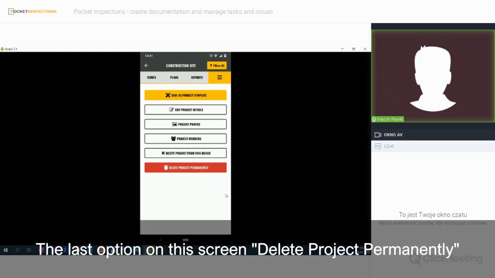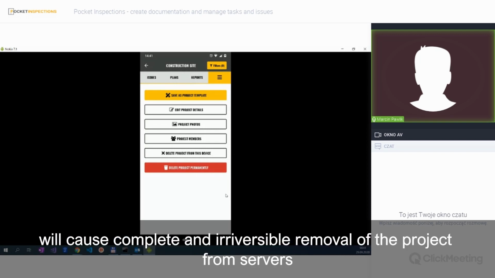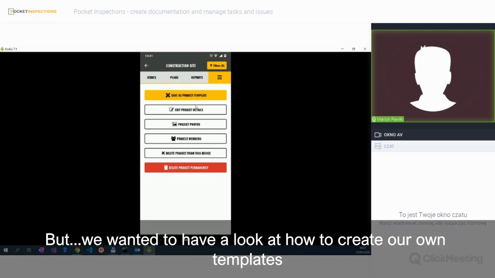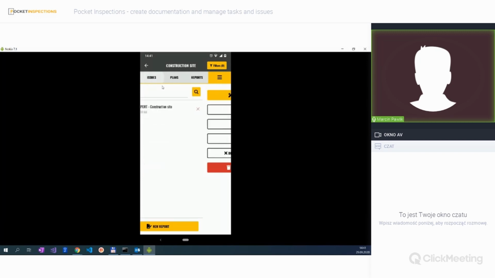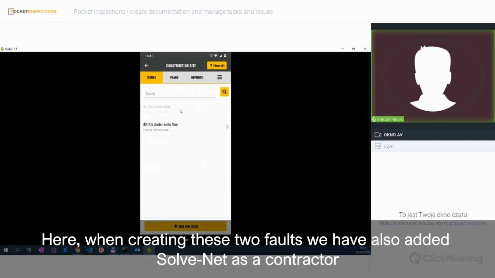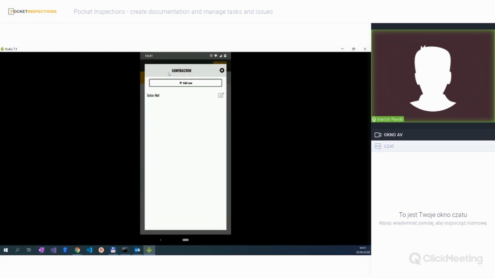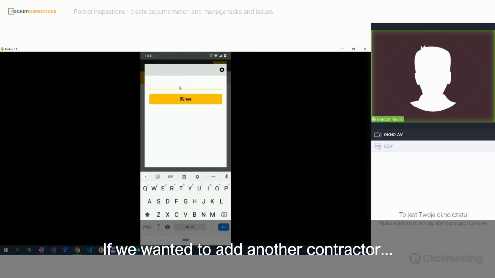The last option on this screen, Delete Project Permanently, will cause complete and irreversible removal of the project from servers. We will not be able to recover it. But we wanted to have a look at how to create our own templates now. Here, when creating these two folds, we have also added Solvenet as a contractor. If we wanted to add another contractor,